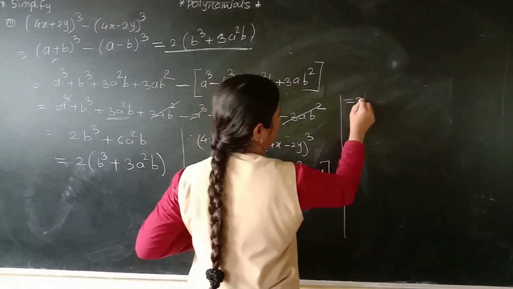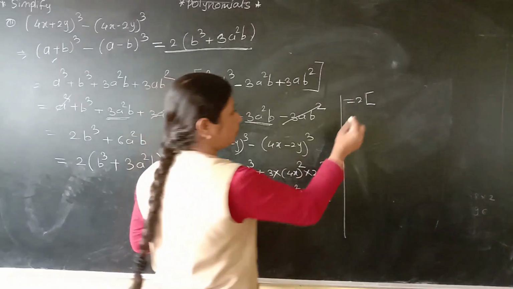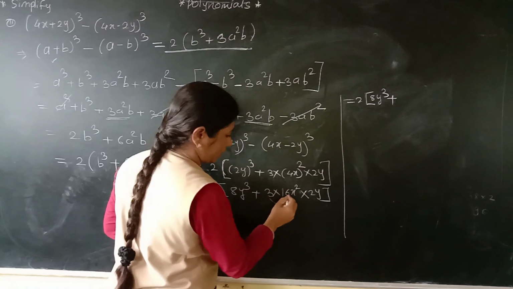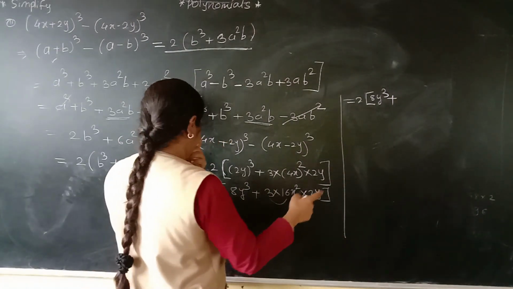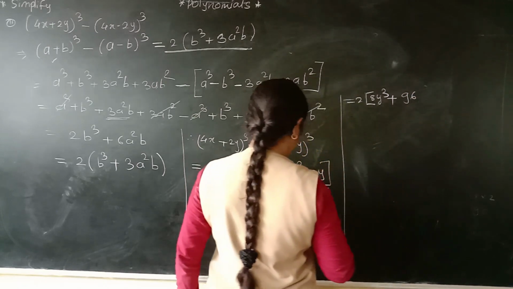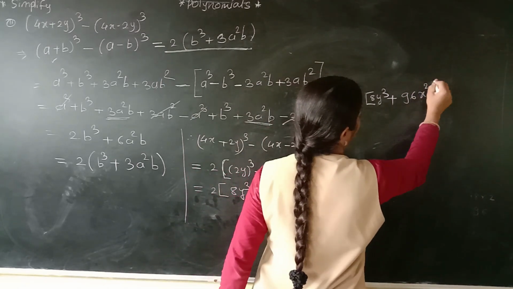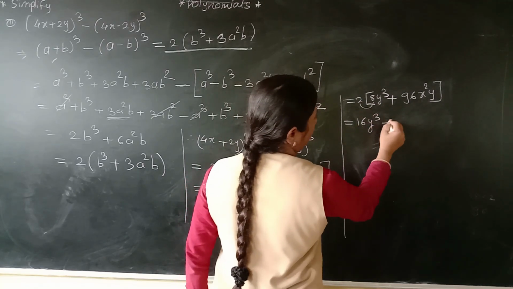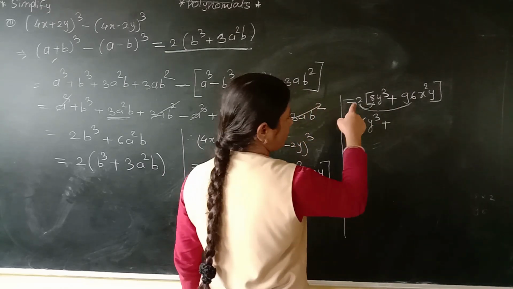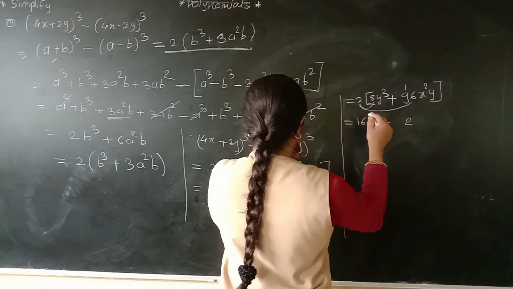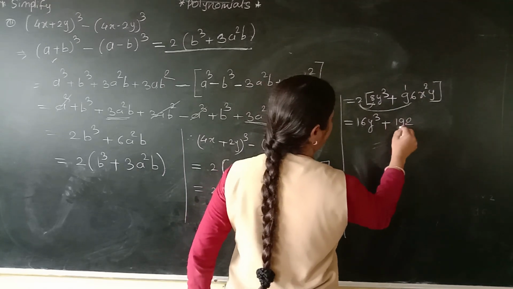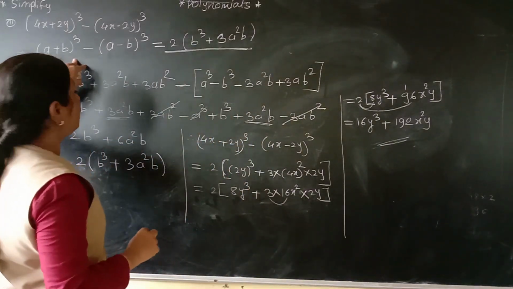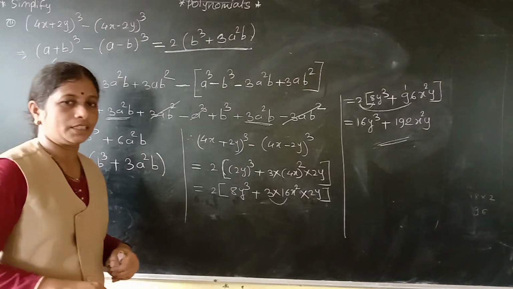Okay. So 2 in bracket I will write as it is, 8y cube plus here 3 16s are 48, 48 2s are 96. So 96 x square y. Okay, again we will further simplify this. 2 8s are 16y cube plus 2 96 means 2 6s are 12, 1 is carrying over. Then 2 9s are 18 plus 1, 19 x square y. So this is the simplified answer of this example. Now we will see more examples on these identities.